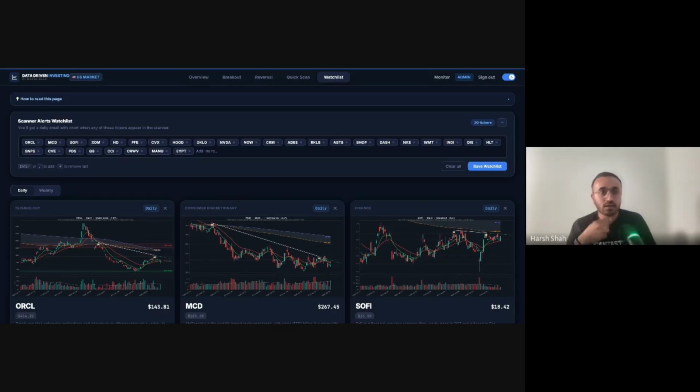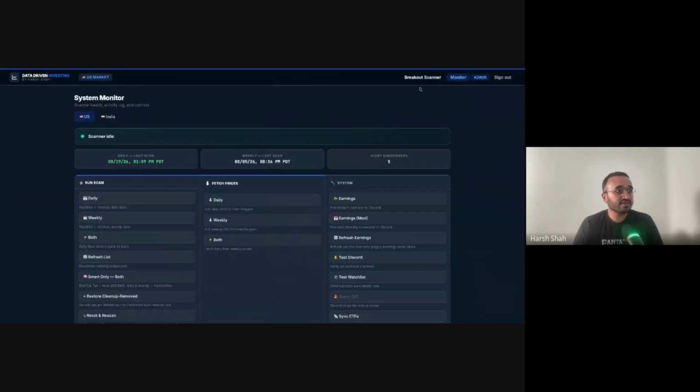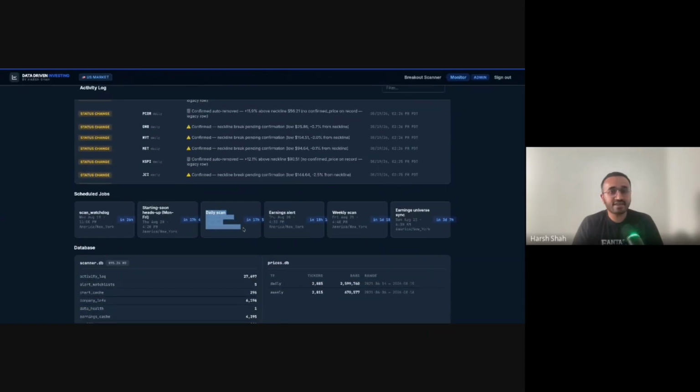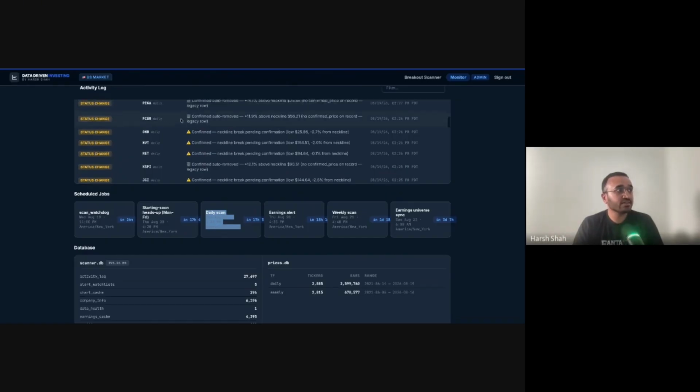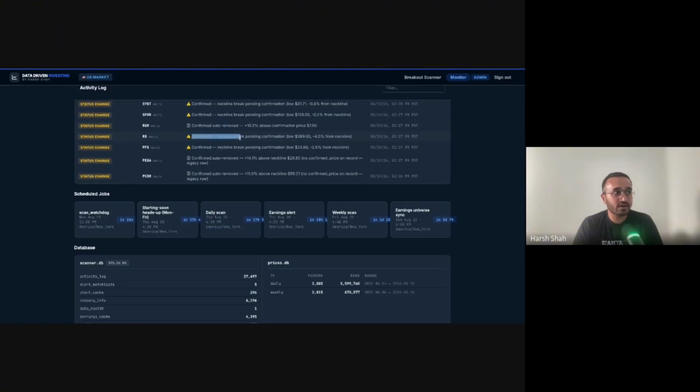Just curious. Got it. So I put my algorithm in the scanner. I used to do it in TradingView. You have Pine scripts, right? So you can write a script to see how many times topping tails worked or how many times this signal worked. I did that with TradingView a lot, for at least 4 years. After that, whatever I built over there, I ported it here. So my tool has a monitor tab and a daily scan scheduled that runs after the market close and goes through the exact rules that I have given it. If something changes, it has logs like this has moved to the confirm bucket, or this is auto removed because it has made a successful 10% move.